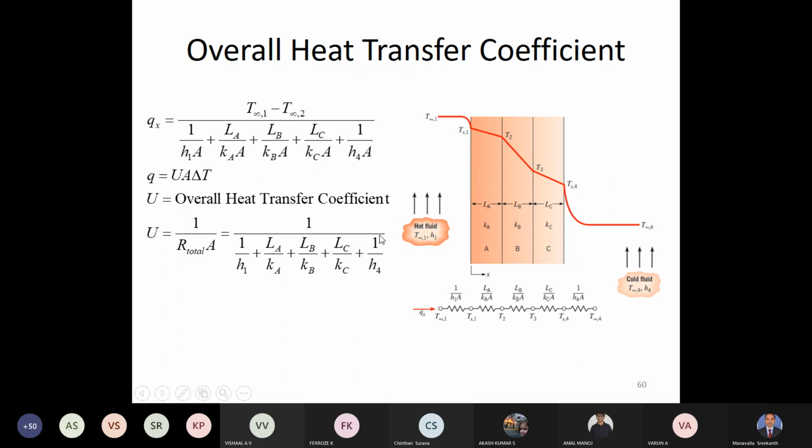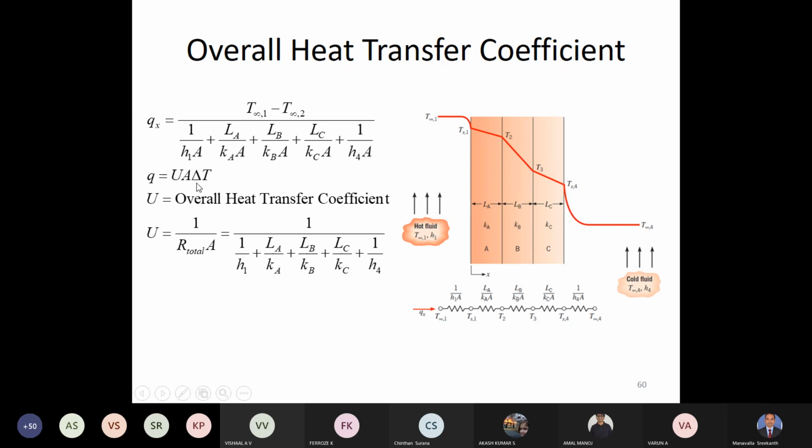The first one is convection resistance. The second one is conduction resistance. The third one is also conduction. The fourth one also conduction. And the fifth one is convection resistance. So there are all 5 resistances. So overall temperature difference divided by the total resistance will give the heat transfer. Now the same thing can be represented as Q is equal to UA delta T,